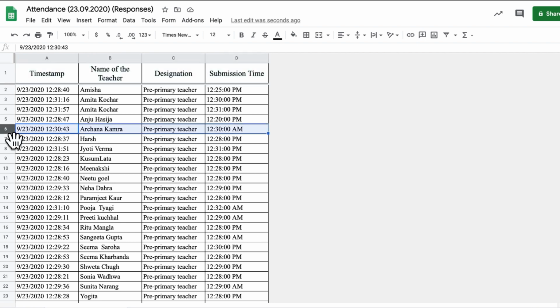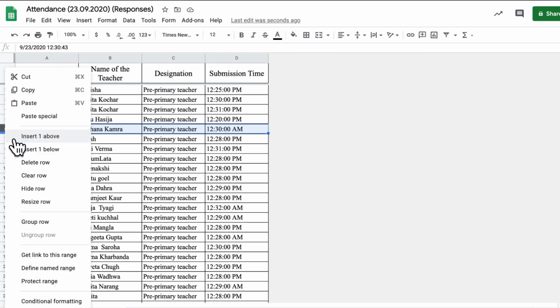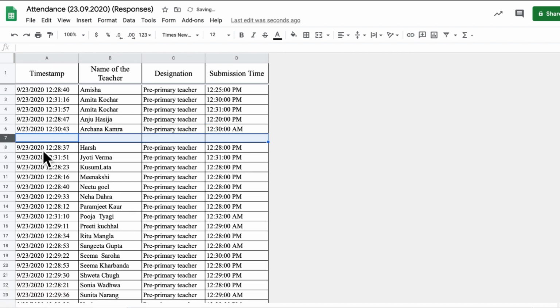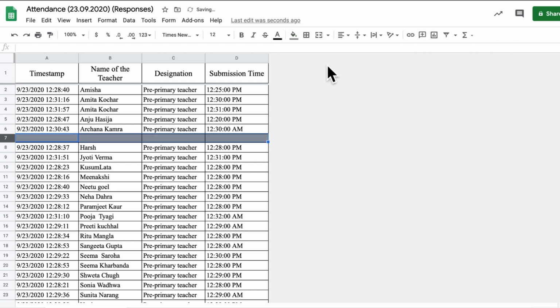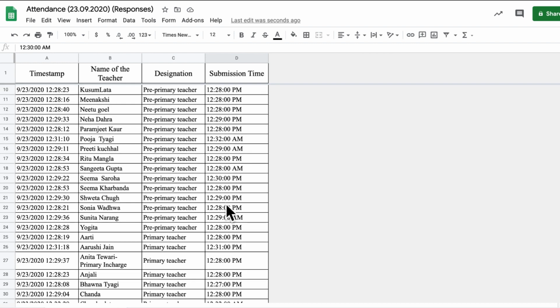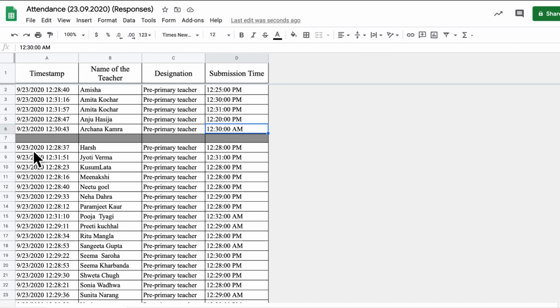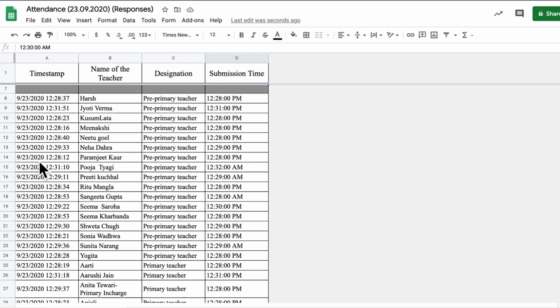Now, if you want to segregate the rows from other rows, you can insert a row and fill it with a color. For that, click on the row where you want to insert and then right click and insert row above or below wherever you want to add it. After that, select that row and click on fill color option on the toolbar, and you can fill it with the color so that it will separate the rows from other rows.